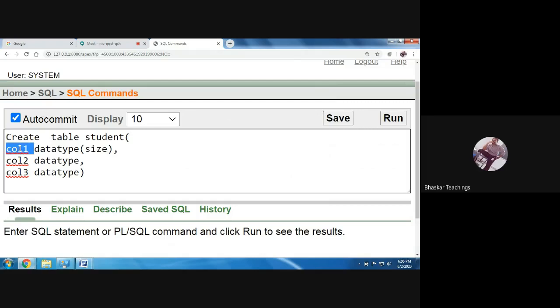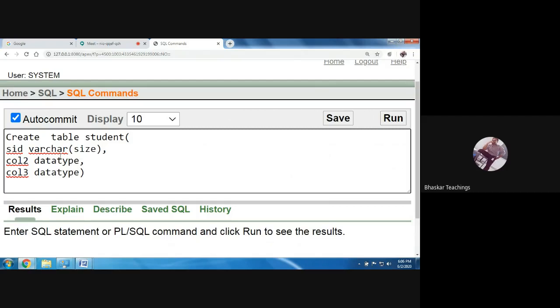So let me change it to SID, and SID is going to store character data. SID means, assume it is a hall ticket, so hall ticket means character data only. So let us write varchar here. And what is varchar? In C language, we have different data types like int, char, float, short, double, long. In Java, we have 8 data types: boolean, int, characters, float, long. In the same way, in SQL also you are going to have some data types.